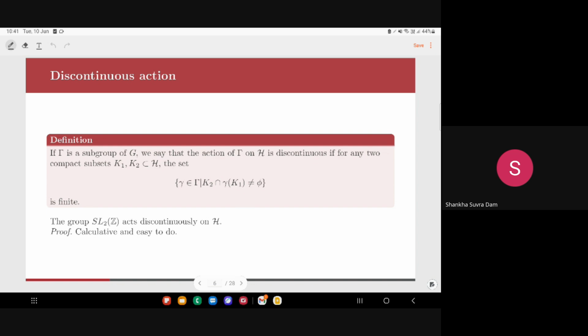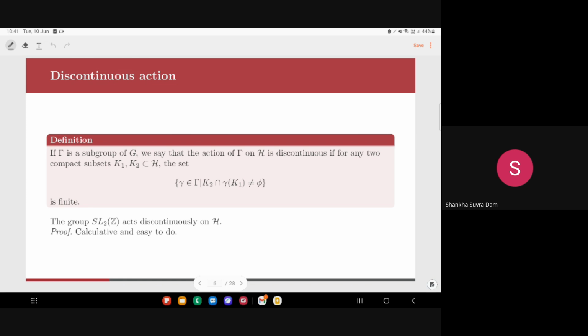Okay. So discontinuous action, the definition being that if gamma is a subgroup of G, we say that the action of gamma on H is discontinuous if for any two compact sets, K1 and K2, in the upper half plane, the set of gamma such that the intersection is non-empty is finite. And the group SL2Z acts discontinuously on the upper half plane. This is also proven by some calculations, like some bounds on the entries of the matrix gamma, and finally showing that,